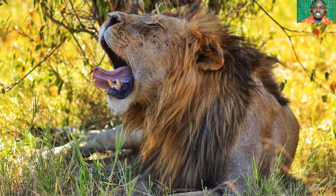Then you can also see the kind of bush this lion is sleeping at. It is called the croton tree, the orange-leaved croton tree. Most of the cats sleep on these bushes in Maasai Mara. This is because when they rub themselves on these bushes, it produces a certain kind of smell that they use as a self-defense mechanism, or as a repellent to keep away insects like flies. As you know, most cats, even the dogs at home, have a lot of flies. So the lions in the wild use this orange-leaved croton tree to prevent flies from disturbing them. So that's why you find lions sleeping on the croton trees most of the time,